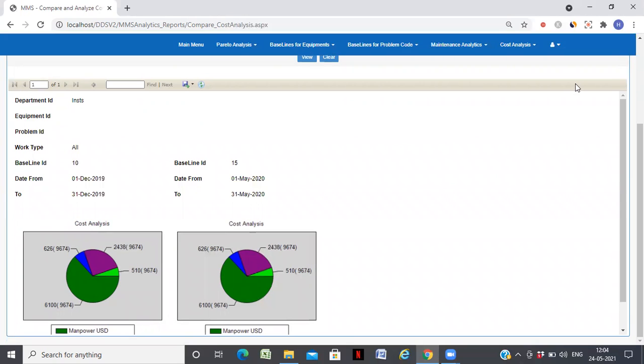So this system, whatever you have seen, gives a framework with two objectives. One is it helps you analyze the equipment failures and look at action items which can improve the equipment uptime. At the same time, it also helps you to analyze the cost spent on maintenance and identify action items which can reduce the cost of maintenance. So this system is a standalone. It can be integrated with your existing MMS, or it's also integrated within our maintenance management system, which can be provided to you. Thank you.